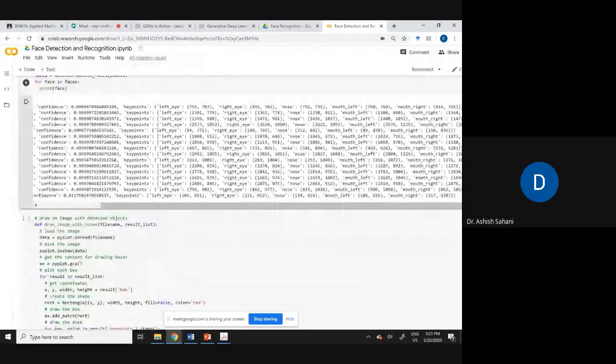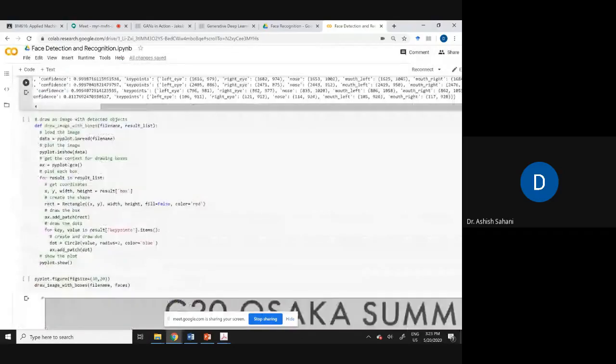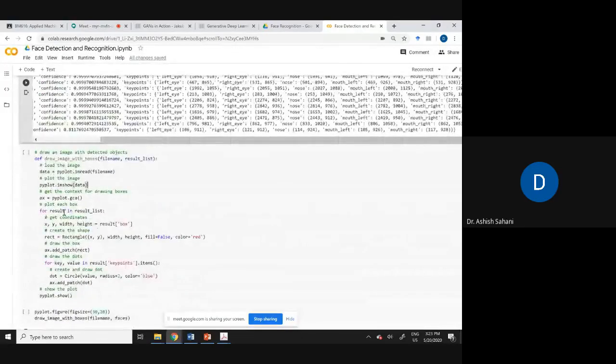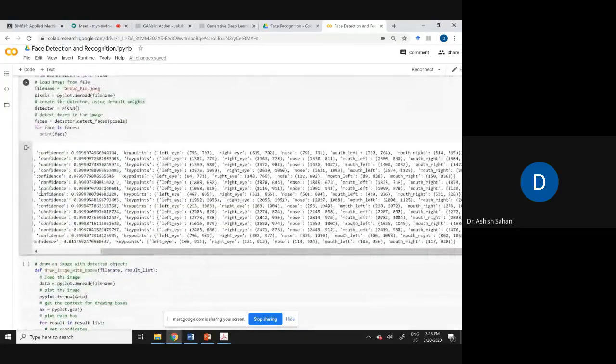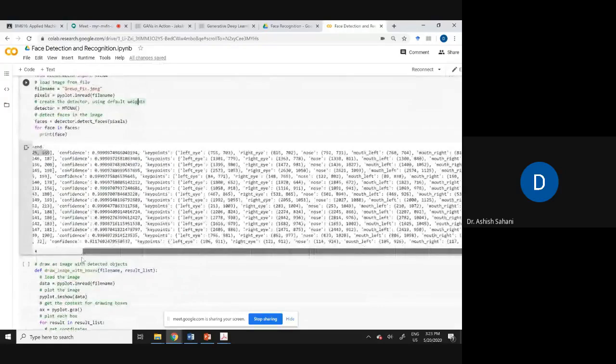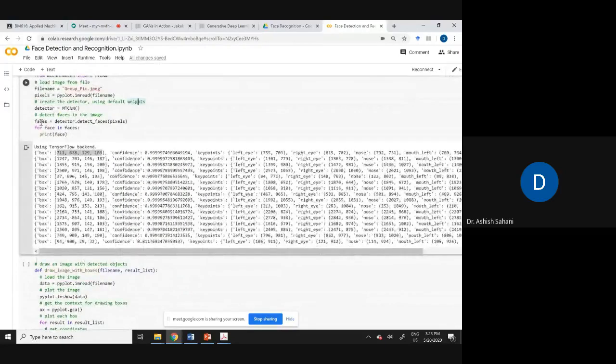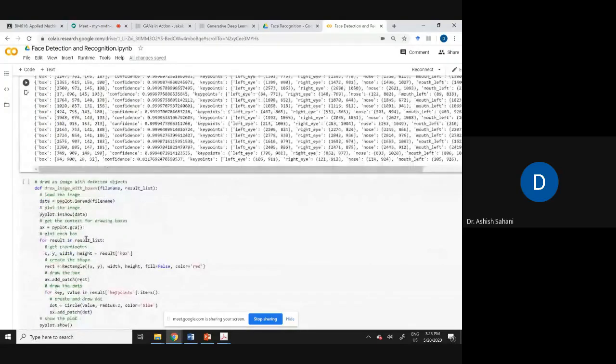And after that, this is a function which I created, in which I am going through this array of faces, and then I'm drawing the bounding box.